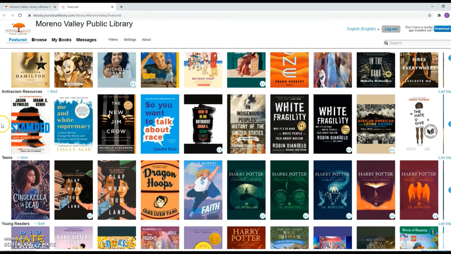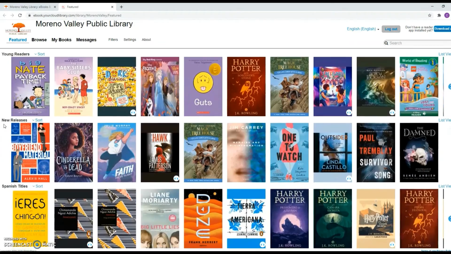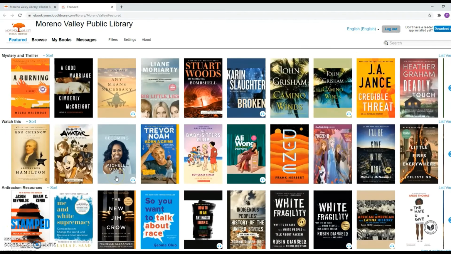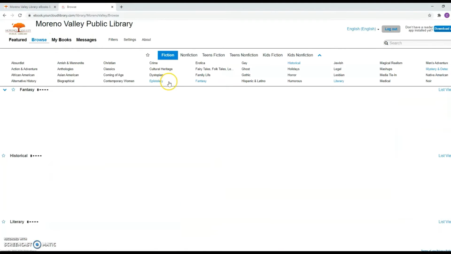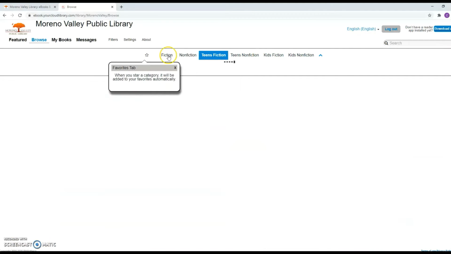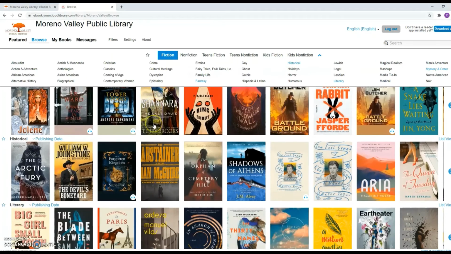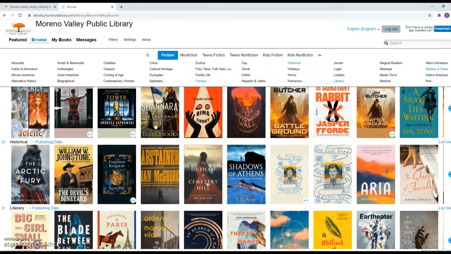You have anti-racism resources, books for teens and young readers, new releases and Spanish titles. You can also look for more books in the browse section. So we've got all kinds of different categories that you can look through to find what you want to find. Let's go to fiction, and let's go